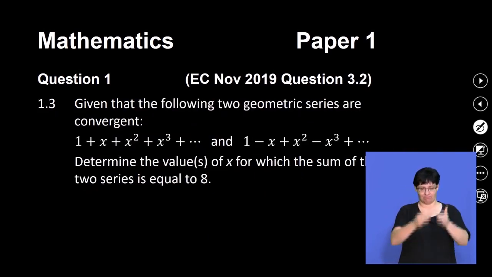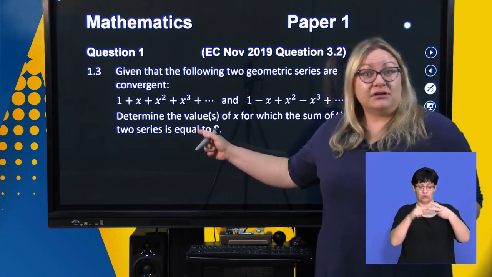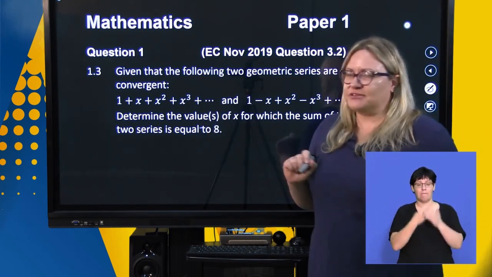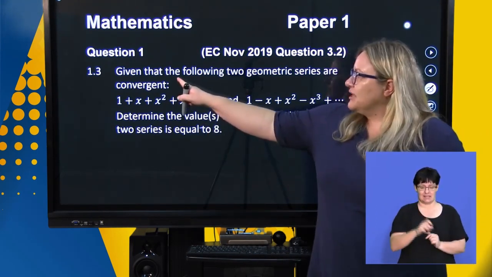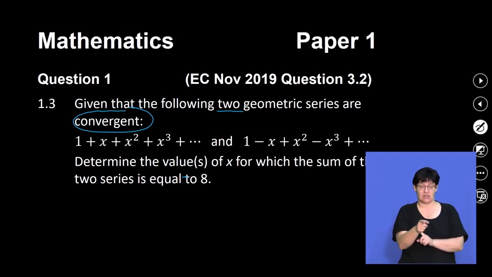Okay, so let's move on to question 1.3. Question 1.3 is about two converging geometric series. We're given two of them, and as you can see, they're not numerical series, they're both in terms of x. Given that the following two geometric series are convergent, the first one is 1 plus x